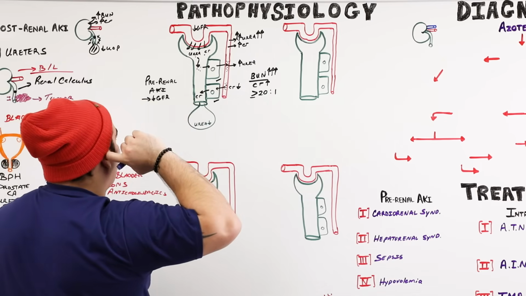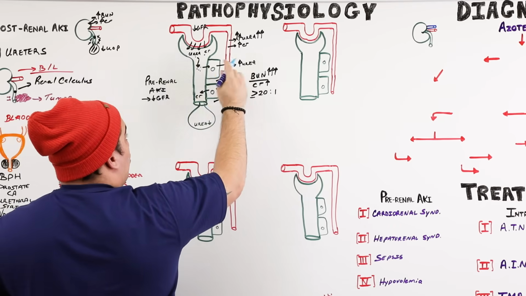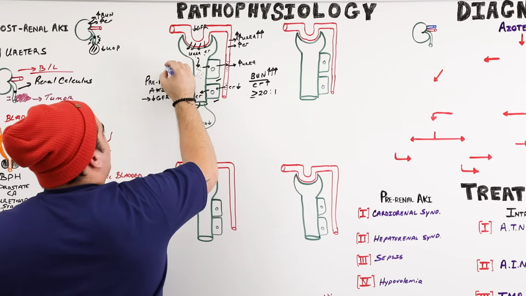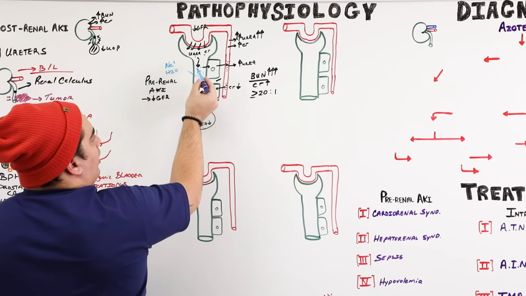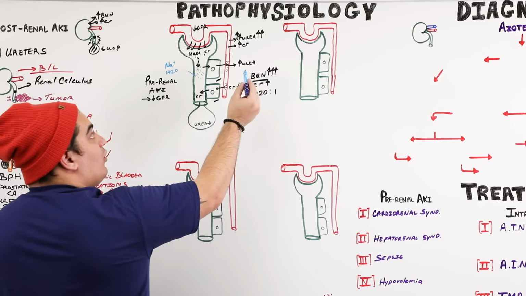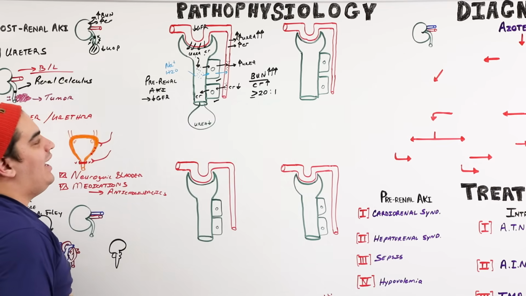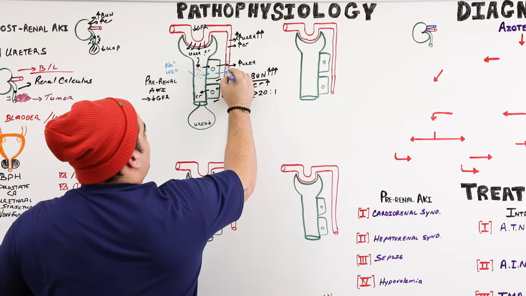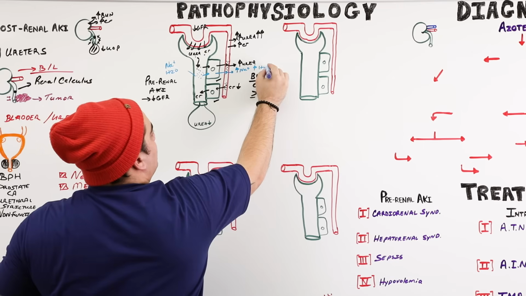Here's another thing that's important. Whenever you have intact kidney tubules and you have urea that's being reabsorbed, you know sodium and water? So let's say here we have sodium and water. Sodium and water actually like to follow urea. So whenever there's urea reabsorption, there's also sodium reabsorption. And when the sodium and the water follow the urea, you get an increase in the sodium reabsorption and an increase in the water reabsorption.